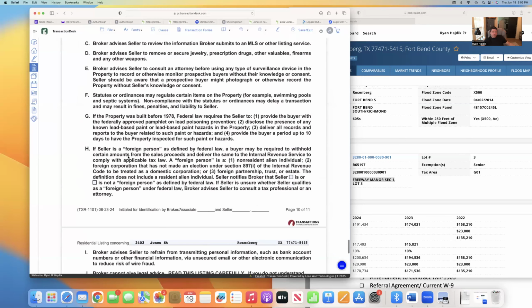Oh, H. You need to ask your client, don't just click this button. You need to ask your client, preferably in writing, are you or are you not a foreign person? I understand that may not be comfortable for everybody to ask, but we need to know because